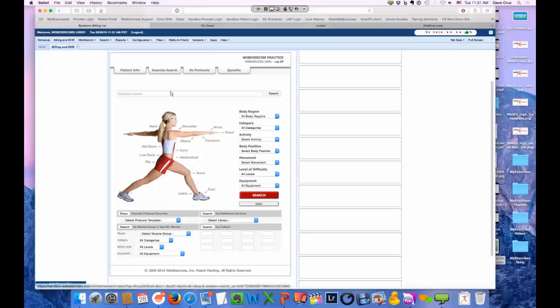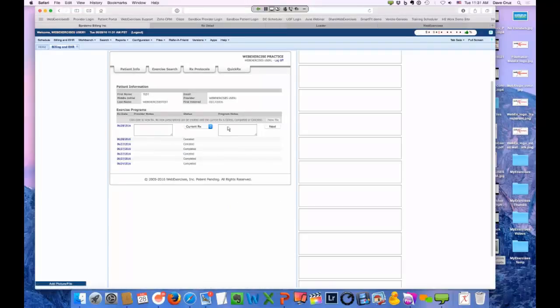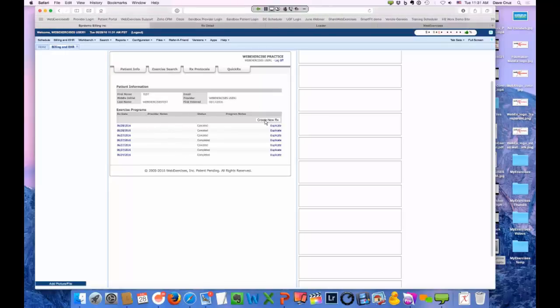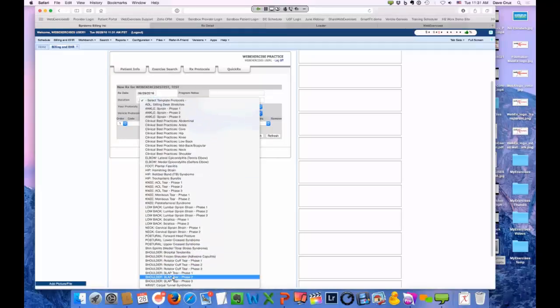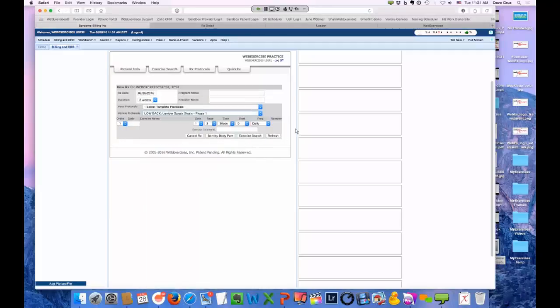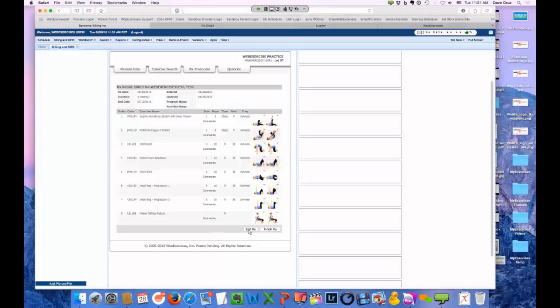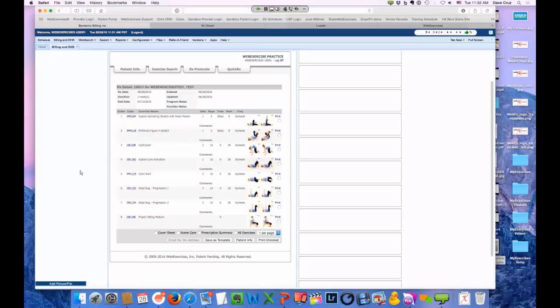Yep, absolutely. So if you're looking at my screen here, day one, let's make this real simple. Day one, you would create an RX, and if you want to make it simple, all you do is go, I have a patient with a low back injury. I hit refresh, then I hit finish. I'm just going to go with what the suggestions are. I'm done. As you said, that email got pulled in, so all I literally do is hit email RX. Done. 15 seconds or less. Program's created, documentation, sharing with the patient.